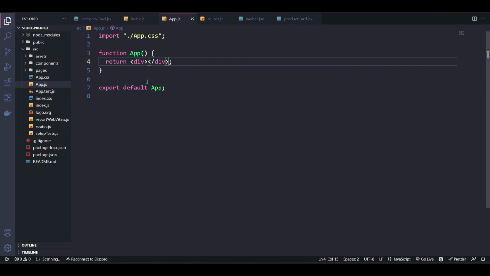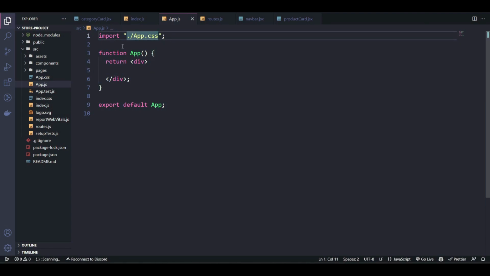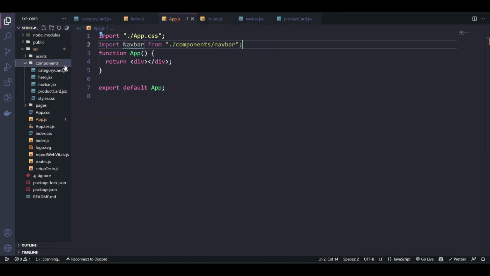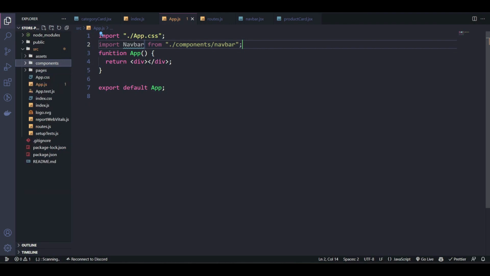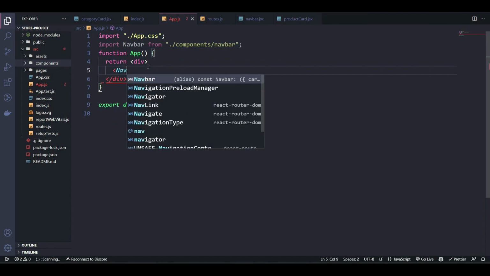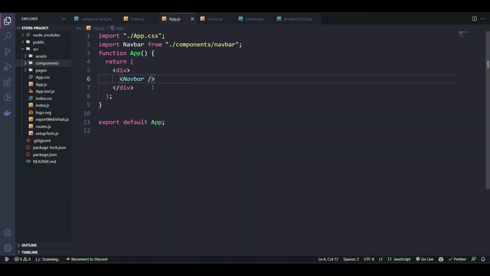So the navbar component needs to be in all the pages, and that means we can simply call the navbar. Let's import it first. Import navbar. The navbar is already there because it's part of our component folder, so don't worry where we are getting that from. You can import it from component navbar. The navbar is going to be the first component in our app, so we'll just add that navbar just like this,